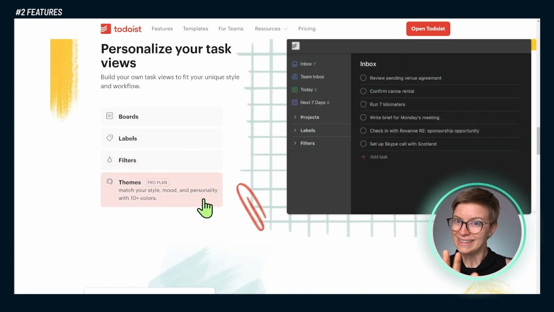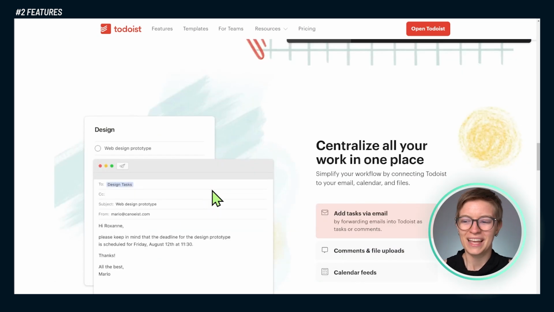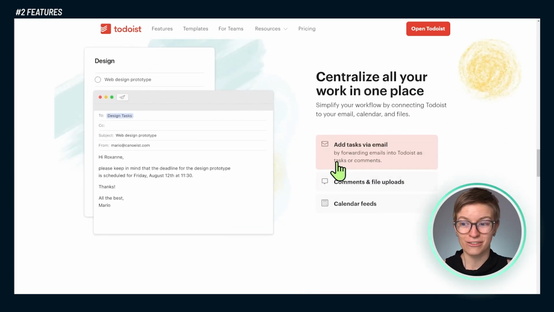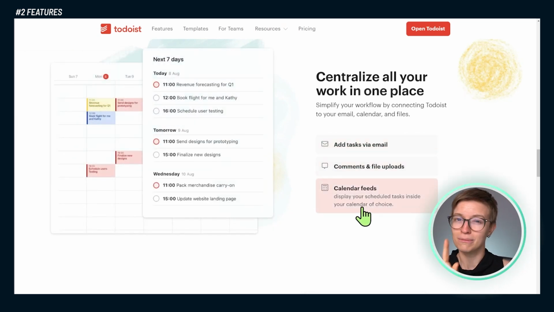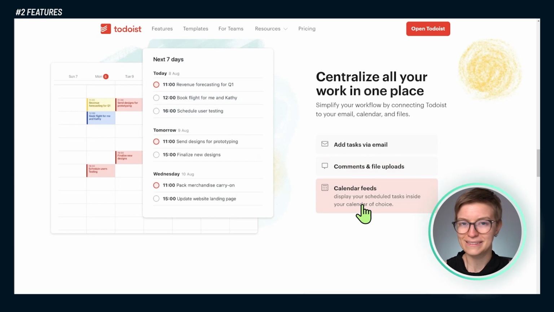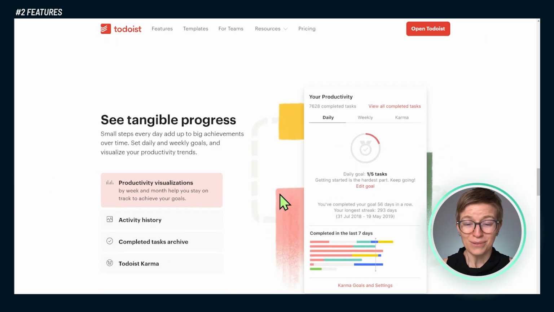Themes, you can kind of do it in ClickUp through dark mode and light mode, but it's not quite as pretty, but you're close. That's the closest one to being incomparable between the two. After that, we've got the organization of work, add tasks via email, can do it in ClickUp. Comments and file uploads in ClickUp. Calendar feeds in ClickUp, although I do think Todoist looks a little bit nicer, which I'll talk about in a moment. Progress and reporting, you can do all of this stuff in ClickUp, but it doesn't look nearly as nice